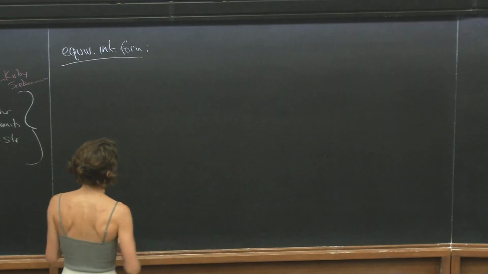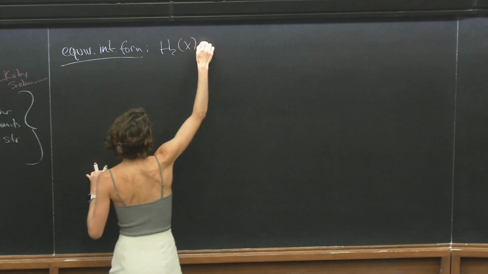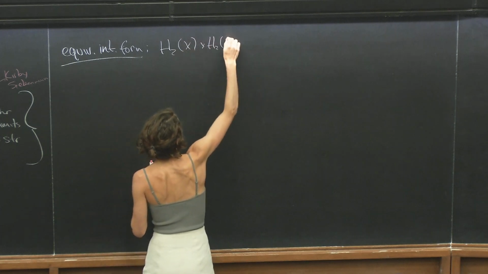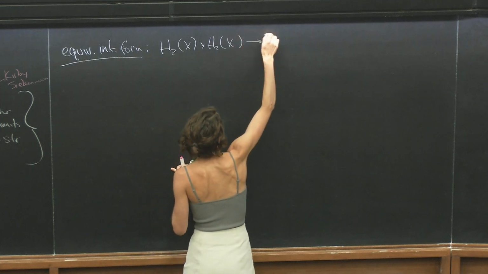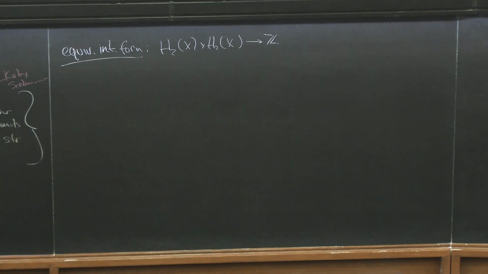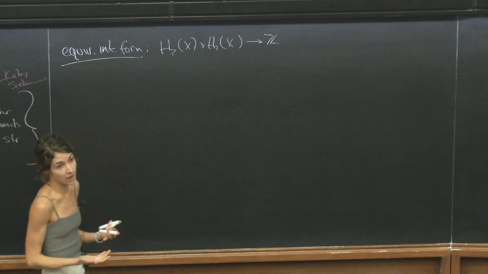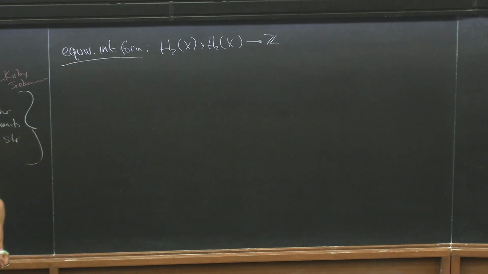So what you're familiar with is the plain old intersection form, which pairs elements of H2 and spits out integers. Generally I think of this as the form that tells you what the H2 of the manifold is and how it interacts with itself. That's an invariant you can define for manifolds with pi1 Z as well.